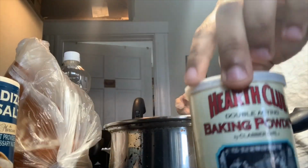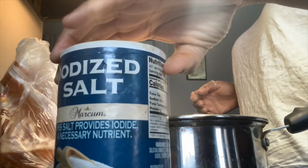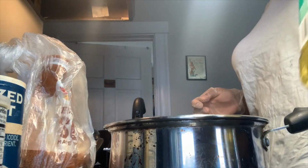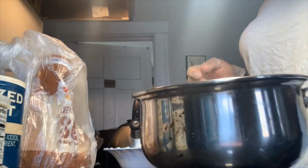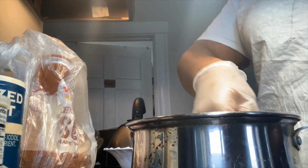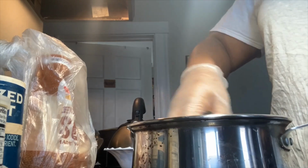Okay, so you're gonna need baking powder, salt, and brown sugar. We're also going to need flour. Cannot forget the oil. You cannot make this bread without oil. I tried before and you just cannot do it. It tastes disgusting. So I already put a little bit of water in the pot with the flour,